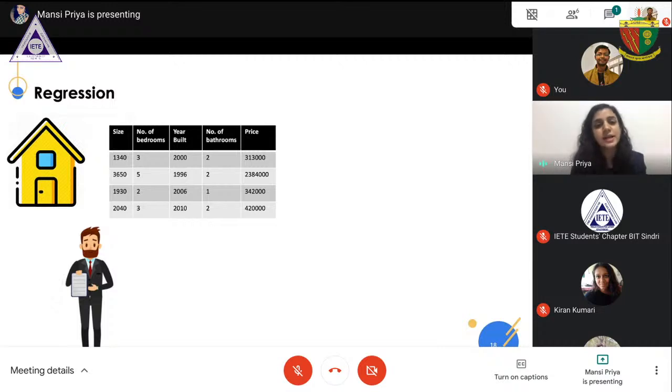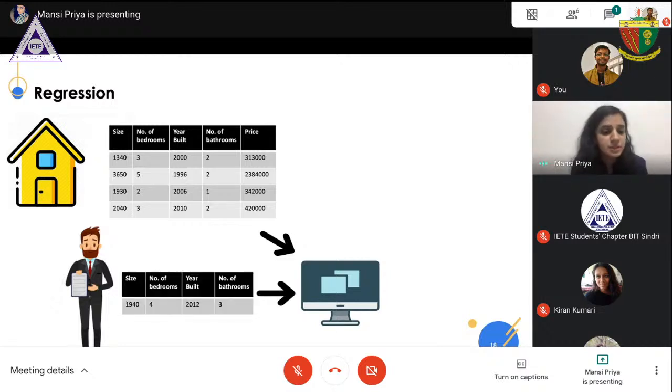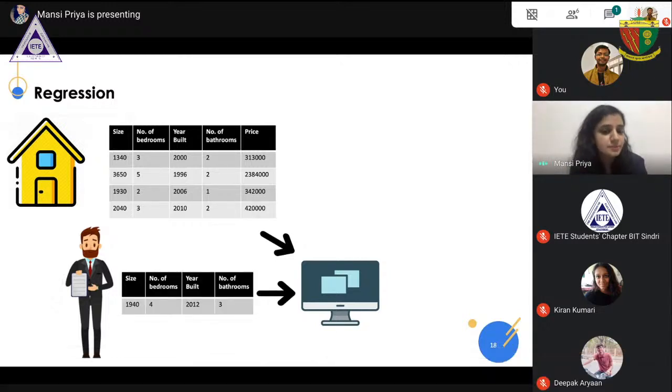He collects this data and gives it to the system. Now the model is trained, and when you give data of a particular size, number of bedrooms, year built, and number of bathrooms, the machine is now able to give a price, that is $550,000, at which this house should be sold. So in this scenario, again, I will draw your attention to the output. The output you can see is a numerical value, a number.